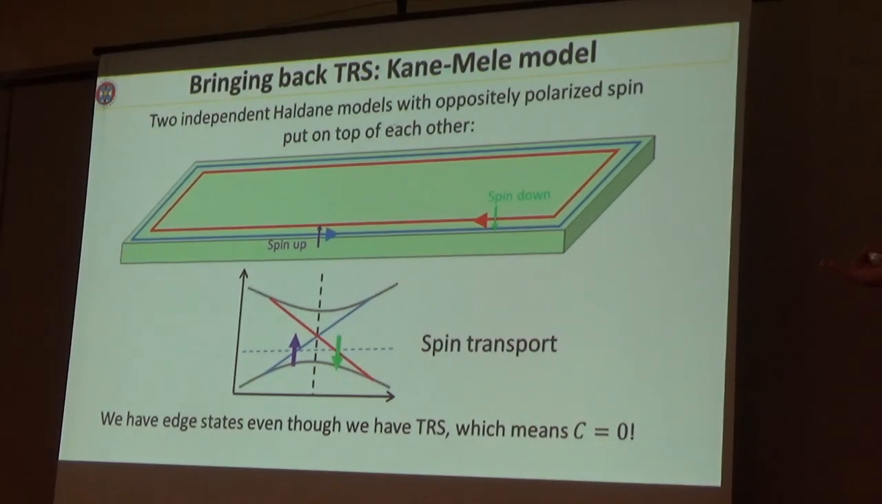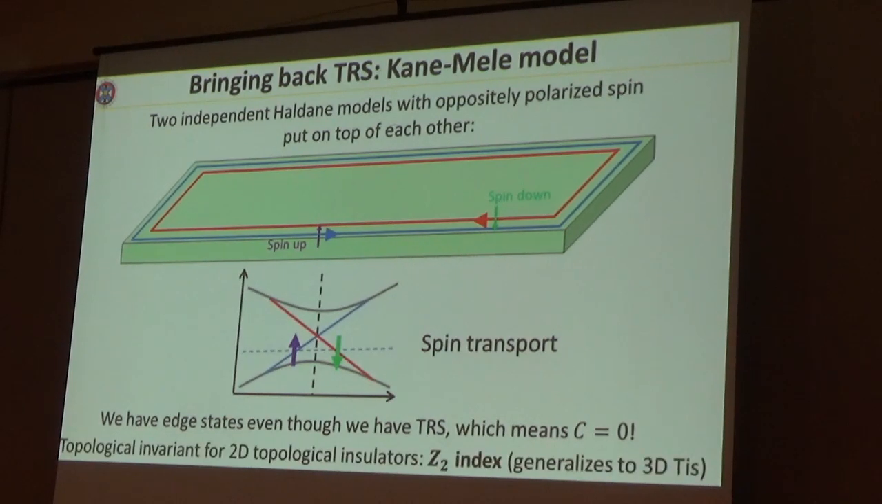So even if we have a zero Chern number, we still have edge states. Well, what happens here is that we have another topological invariant called the Z2 index, which also generalizes to 3D topological insulators, that describes topological insulators in the presence of time reversal symmetry. We won't get more deeply into this, but we'll go to another kind of more modern type of material, which